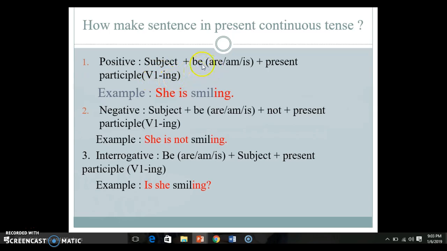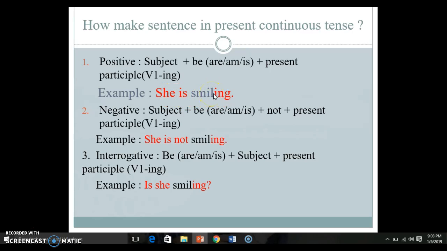For subject I, use the be am, and for the subject you, we, they, use the be are, and the subject he, she, it, use the be is. For example, she is smiling. She is subject, is to be, and